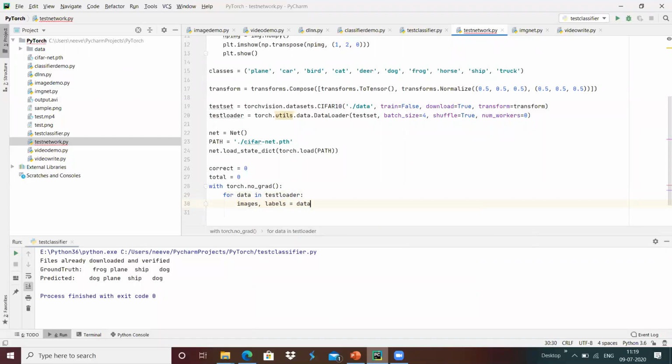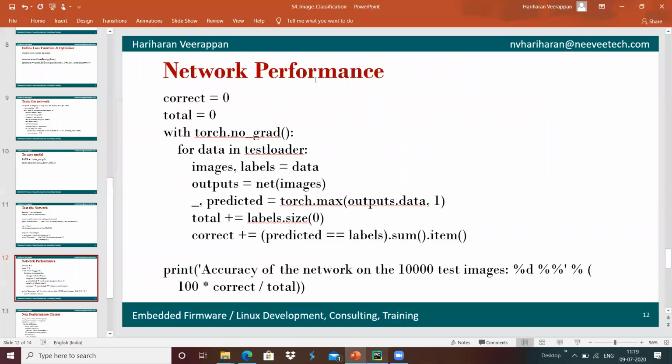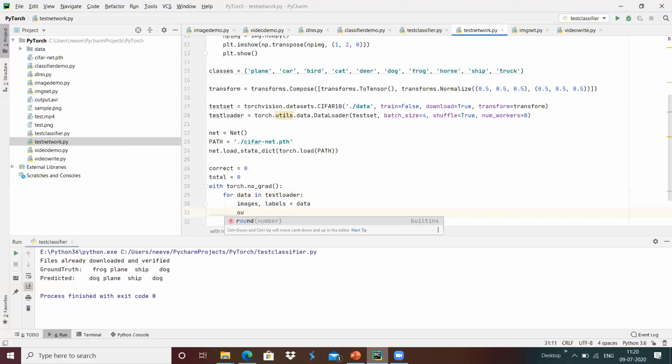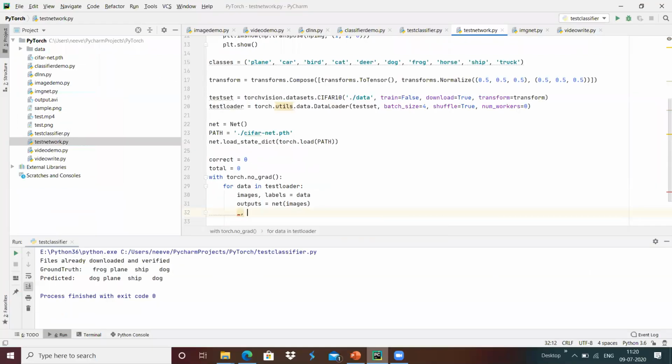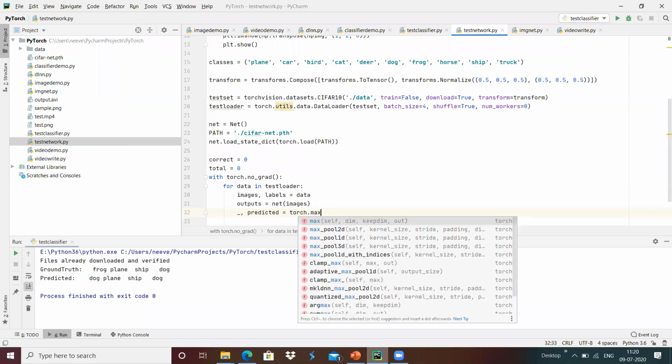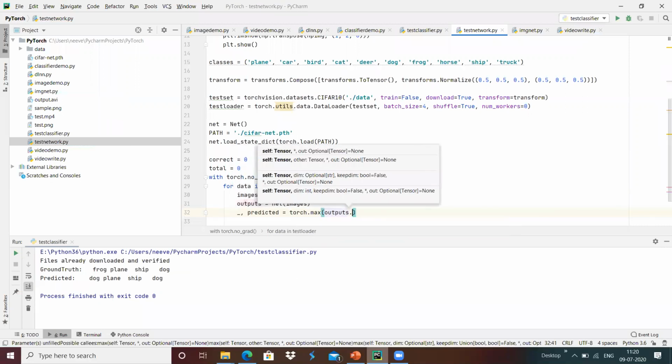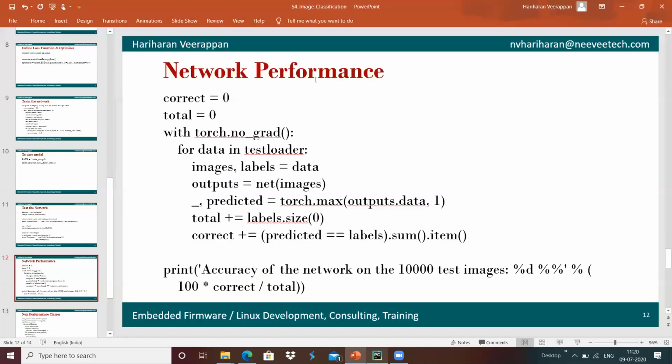Once that is done, I'm going to do outputs equals net of images, and then underscore comma predicted equals torch dot max of outputs dot data comma 1, which provides the predicted.